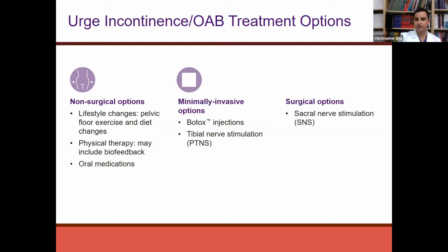And there's actually a question earlier as well I wanted to address. What is biofeedback? So the best way to describe biofeedback is your ability to understand what muscles in your pelvis help control your ability to stay dry. So the pelvic floor really contains many muscles. And what we can actually do is, just like people have EKGs and they have little electrodes on their chest,